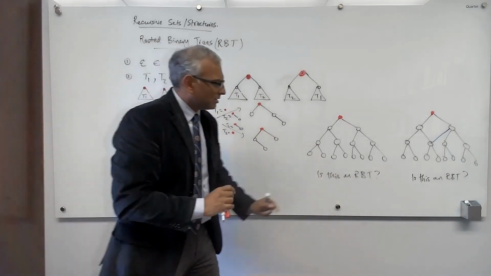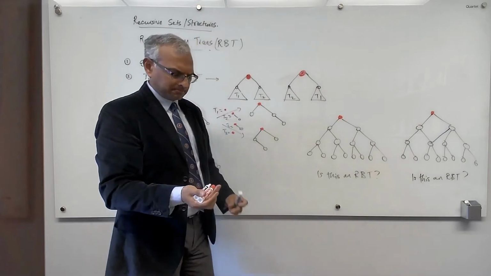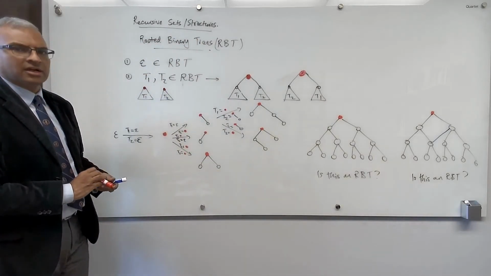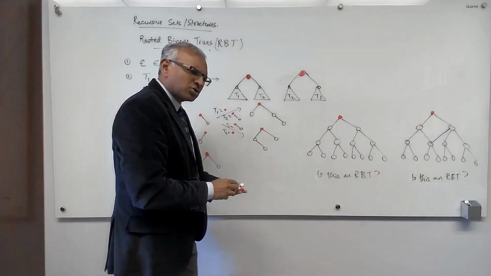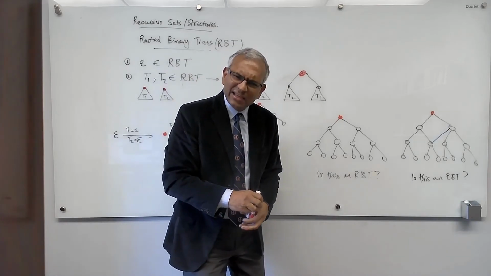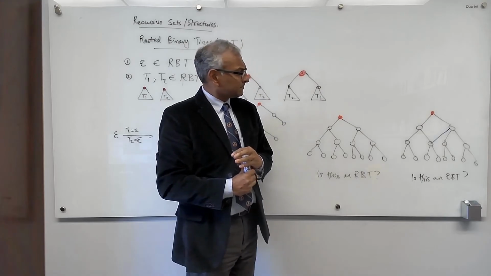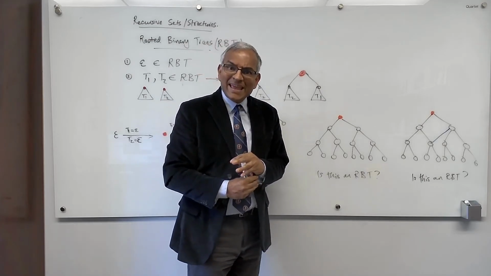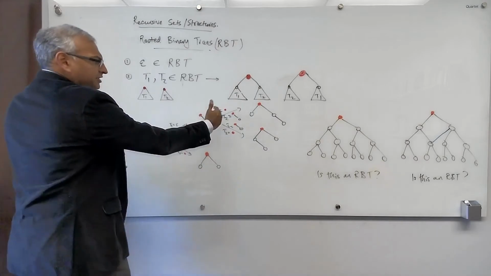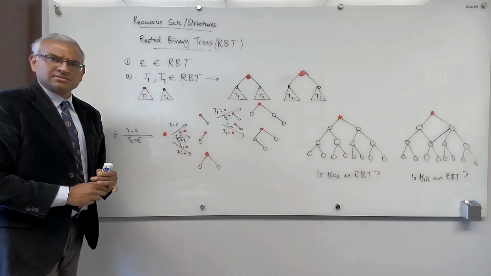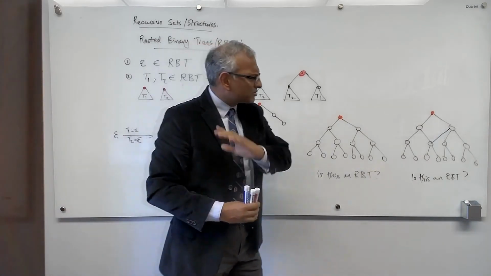I'm going to claim that this is not an RBT. I'm going to claim that that second one is not an RBT. And now you should ask yourself, really? Are you sure? How do you know? Because what am I saying? Look at how complicated derivations with trees is. And what I'm saying is that there's no way,